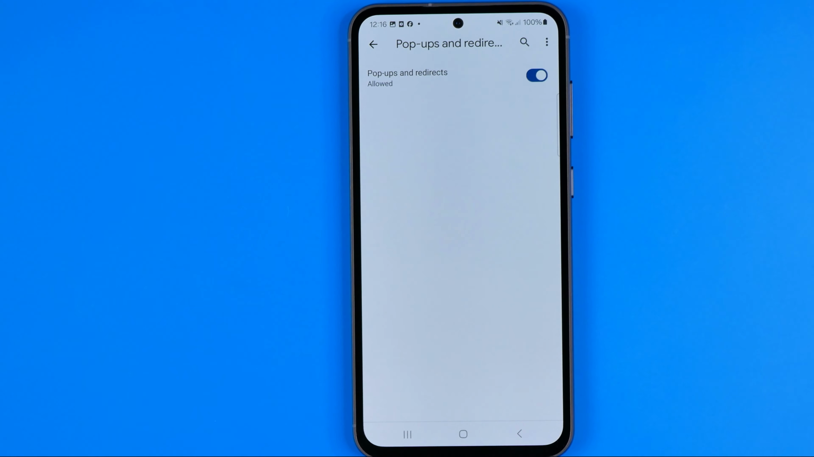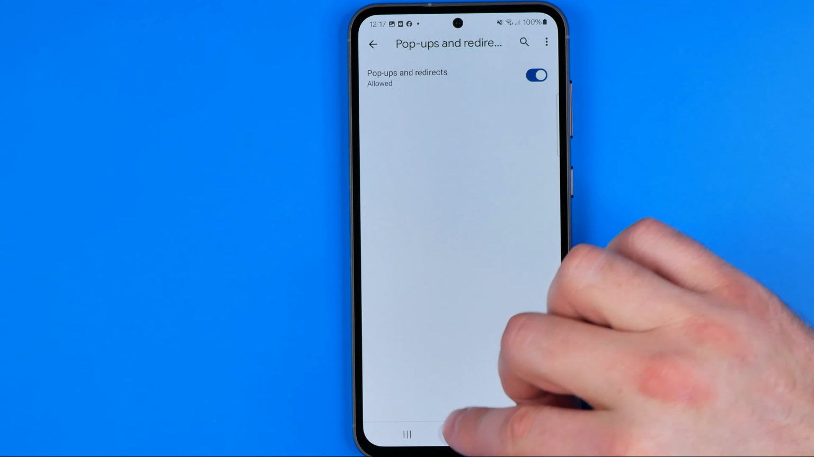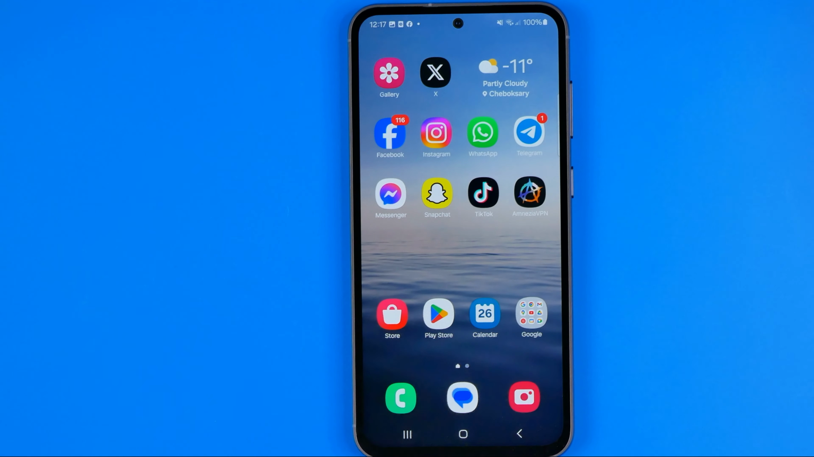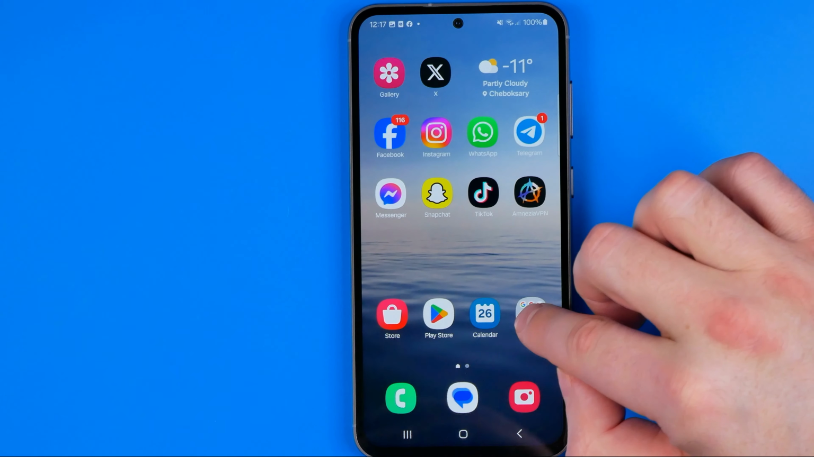In this video, I'm going to show you how you can easily allow or deny pop-ups in Google Chrome on an Android phone or tablet. Be sure to watch the video to the very end so you don't make any mistakes. Let's get started, guys. I'm gonna show you all the process from the beginning, and first off, we need to